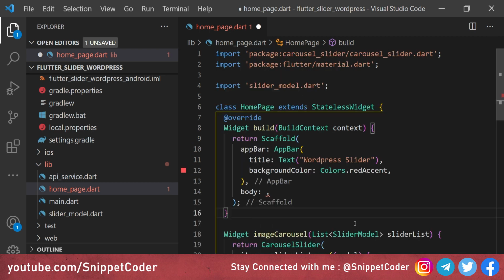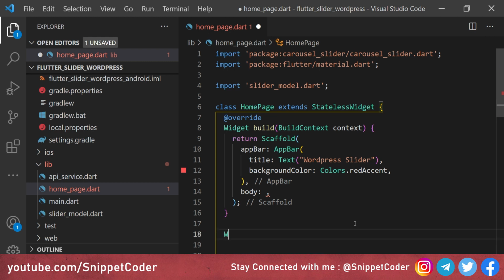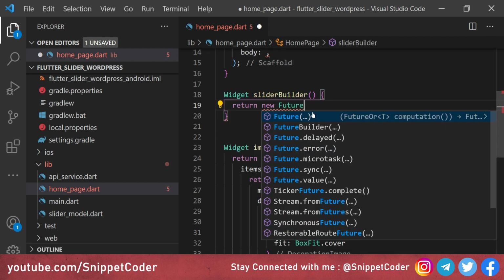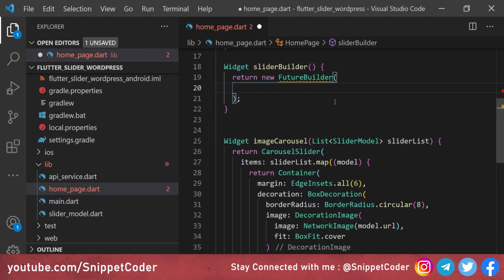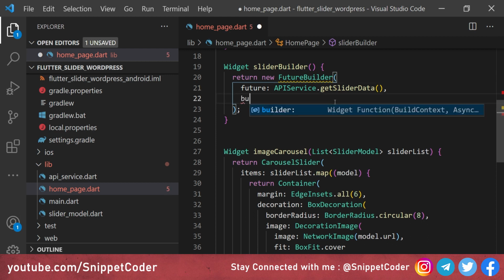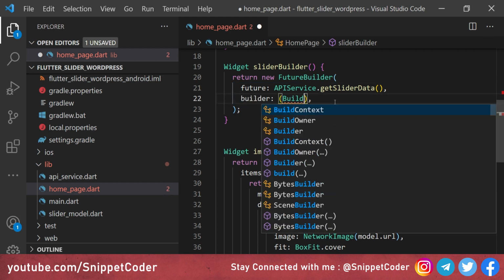So now we will create one FutureBuilder here, and here we will have a visit slider builder, and from here we will return a new FutureBuilder, and here we will pass FutureAPIService.getSliderData, and for the builder we will have BuildContext.